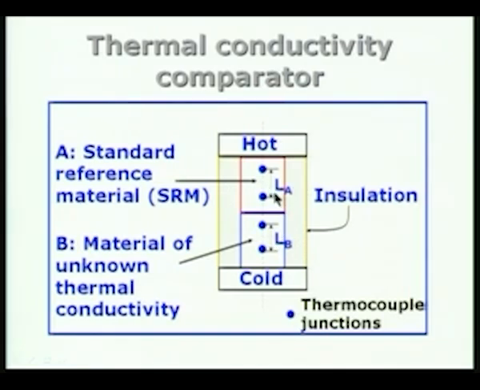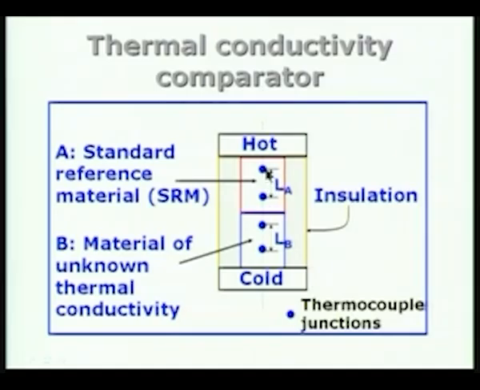If you can maintain a small difference in temperature between the sample and the reference material and the walls of the vacuum chamber, the heat loss from the lateral direction can be reduced to a significant extent, and therefore, whatever heat transfer takes place through the SRM also takes place through this. So, the common factor is the heat transfer, which is the same in the two cases, and we invoke the